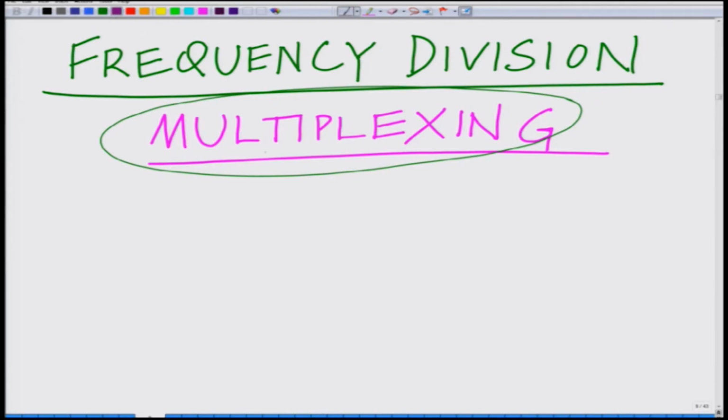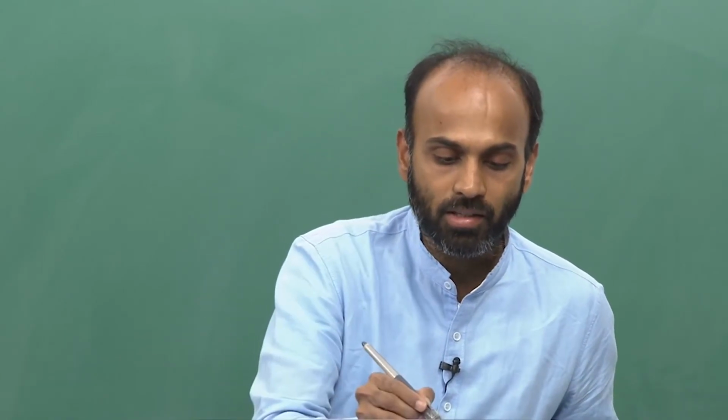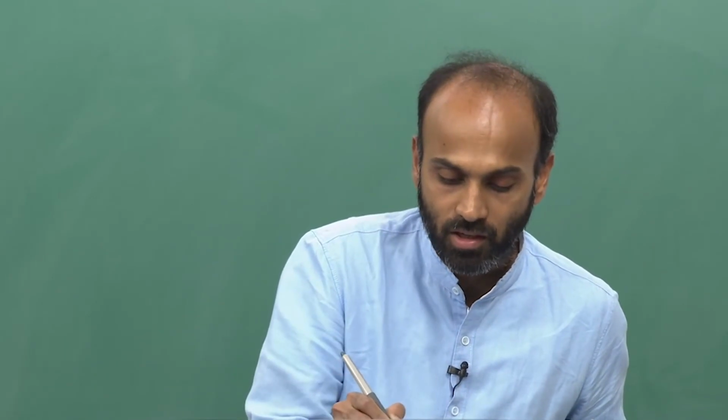Now, notice that multiplexing basically means that multiple signals are combined into a single composite signal for transmission over the channel. Alright, thereby you are using the same channel for the transmission of not a single signal but multiple signals. Okay. So, the key idea behind multiplexing is that multiple signals